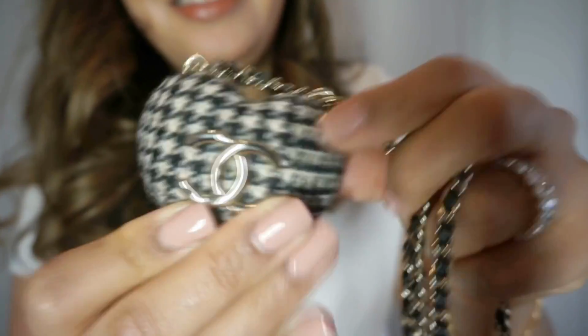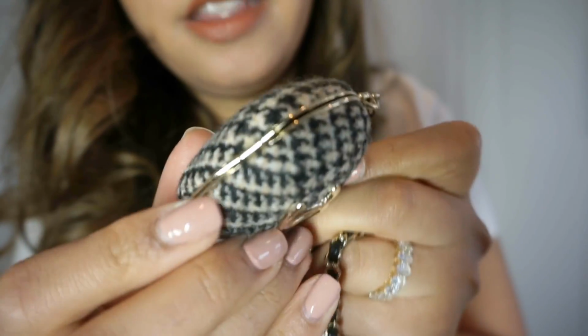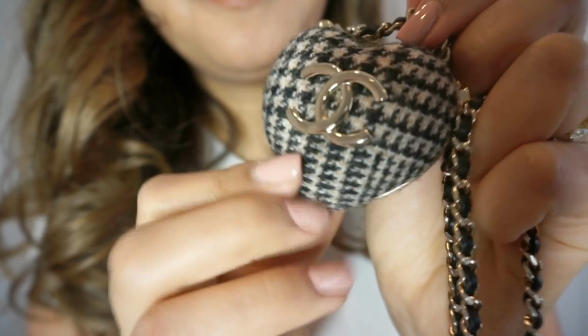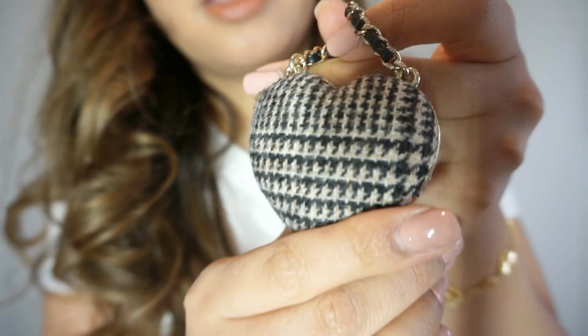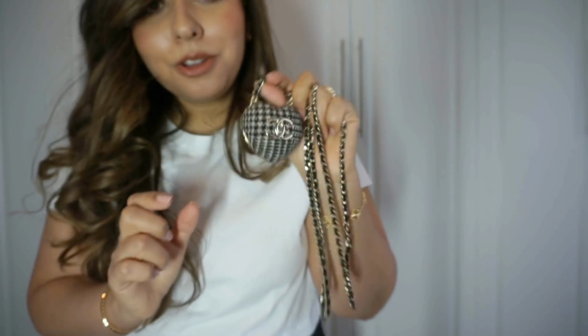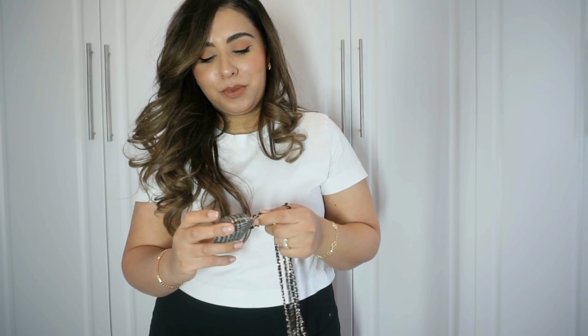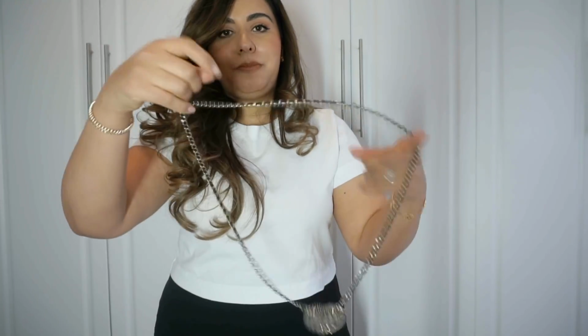And this is entirely a set of tweed that's encased in this. There's a CC on top of it, of course, but it's got a houndstooth tweed weaving there. So this colorway, okay, it's doable. I did see it in the black leather and the black patent finish, or that resin finish. I think it was resin. So this, it's meant to be, they were worn as little crossbody banglets, okay, which is cute,